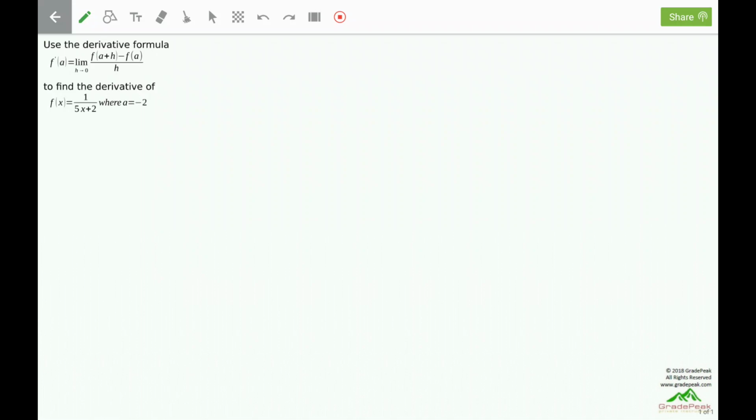Use the derivative formula f prime of a equals limit as h goes to 0 of f of a plus h minus f of a all over h to find the derivative of f of x equals 1 over 5x plus 2, where a equals negative 2. First thing to do is to write the derivative formula for the a value of negative 2. So that'll be f prime of negative 2 equals the limit as h goes to 0 of f of negative 2 plus h minus f of negative 2,